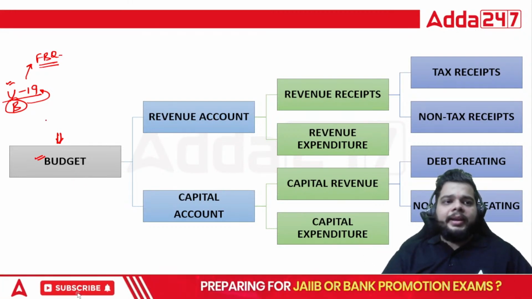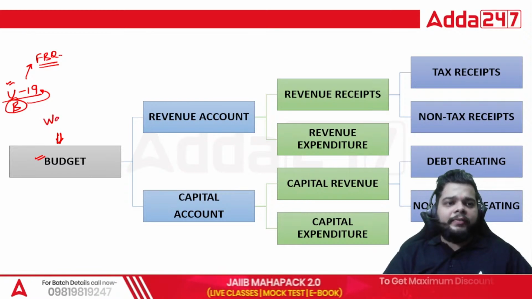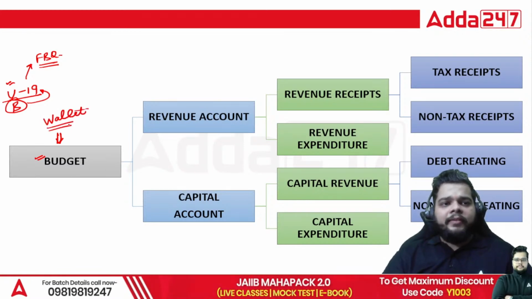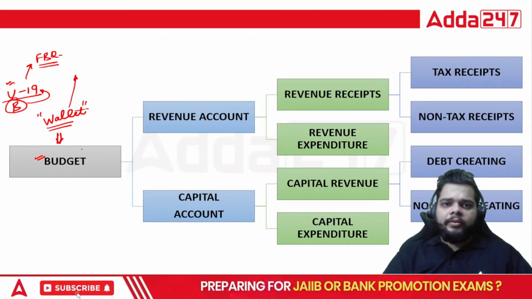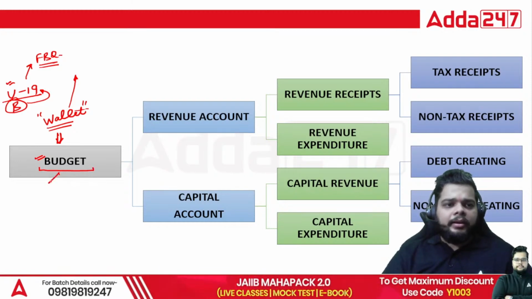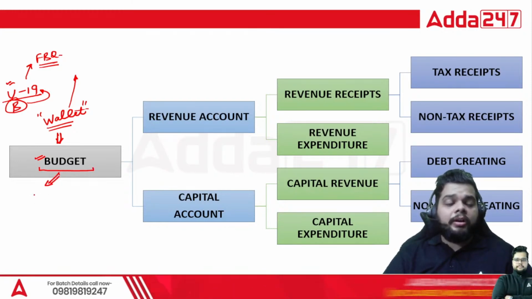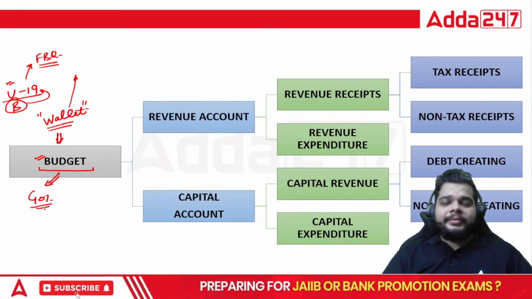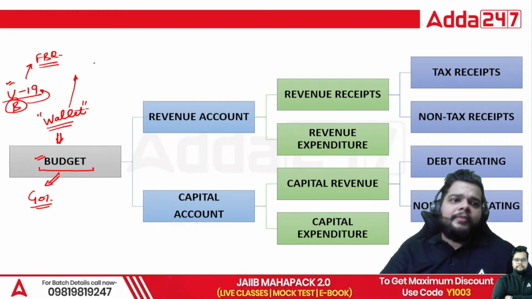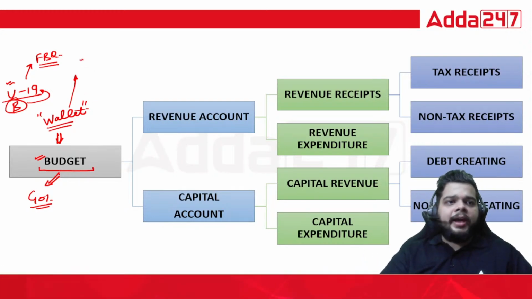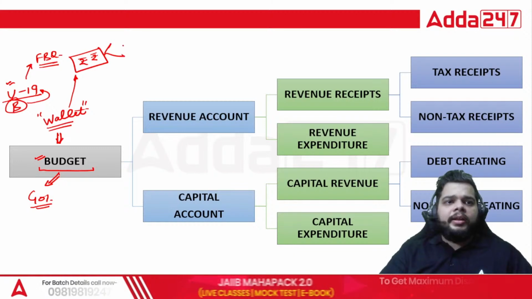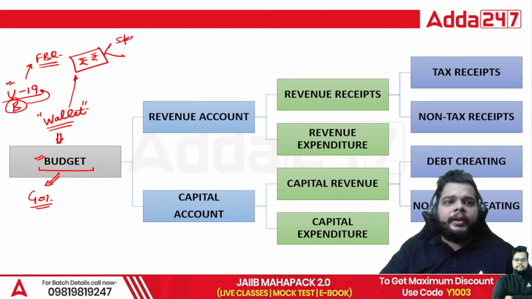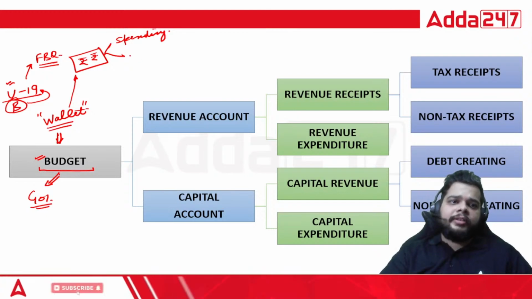So budget in itself is like a wallet. Let's try to make an analogy where we are saying that budget is just like our wallet. Everybody knows that the union budget is the treasury of the Government of India, or for that matter, a state budget is there for the state governments. But let's try to make an analogy that we have a wallet where we have a certain amount of funds. We use these funds for spending for our day-to-day activities,